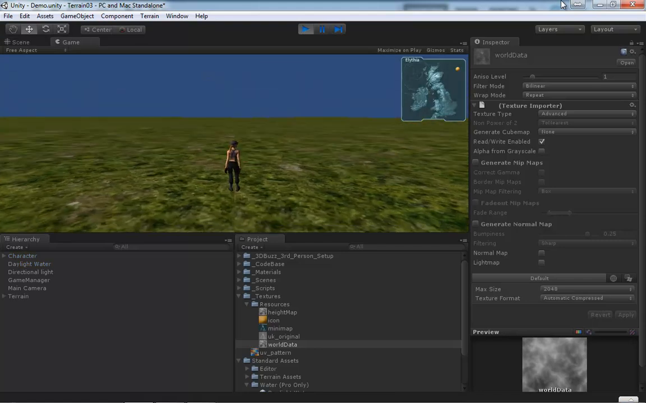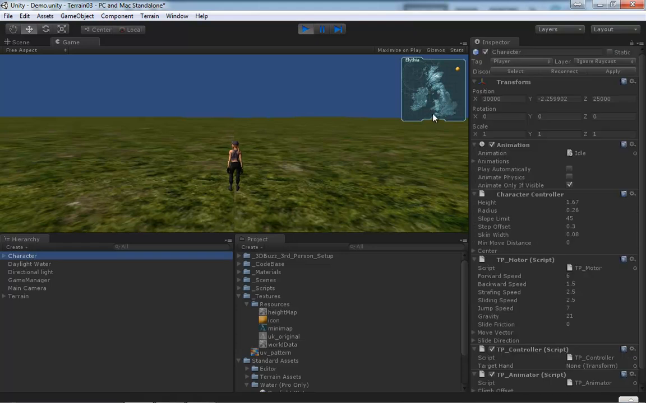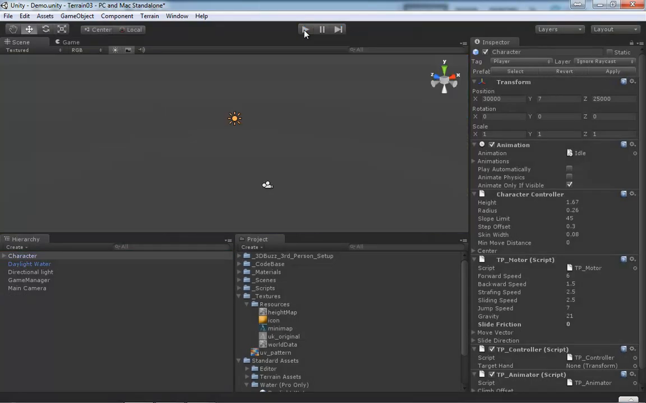Boom. All right, let's take a look at where our character's at. Hey, we're up underwater. The terrain is fairly flat, which we expect because we're so close to underwater. Right. So now if we stop